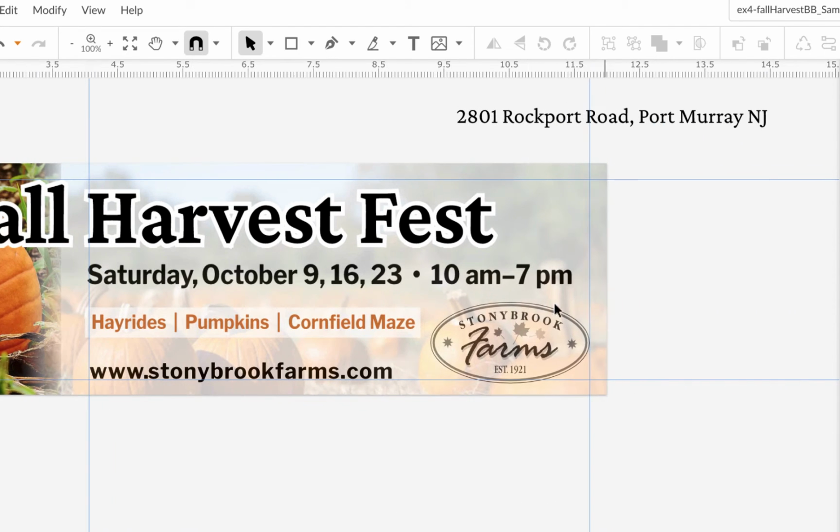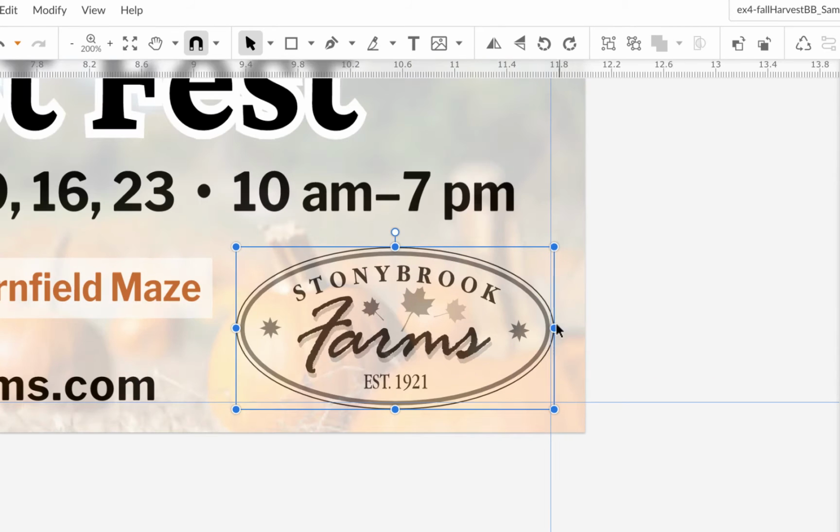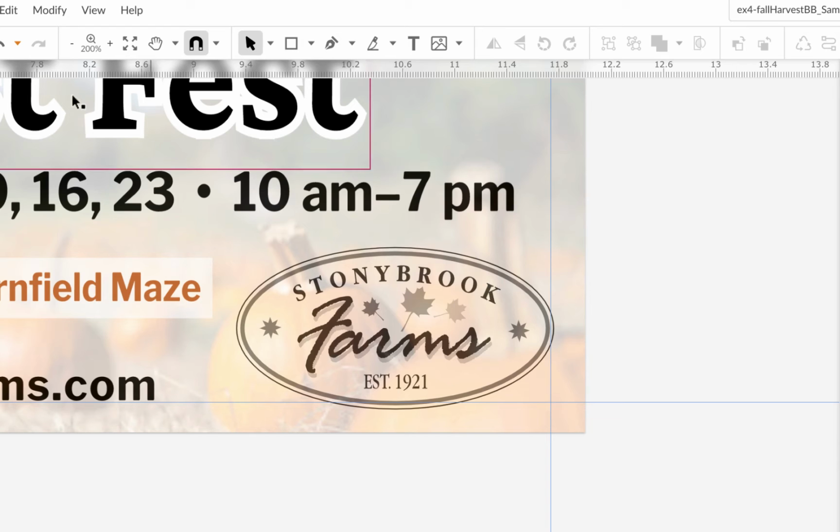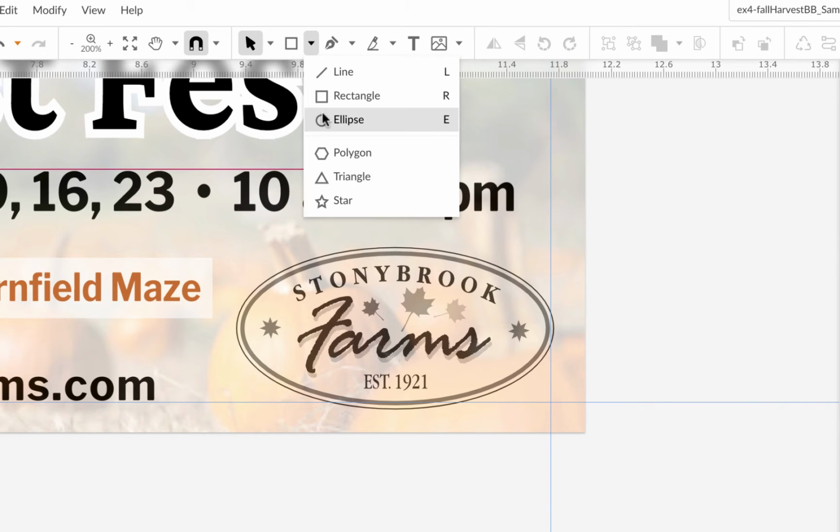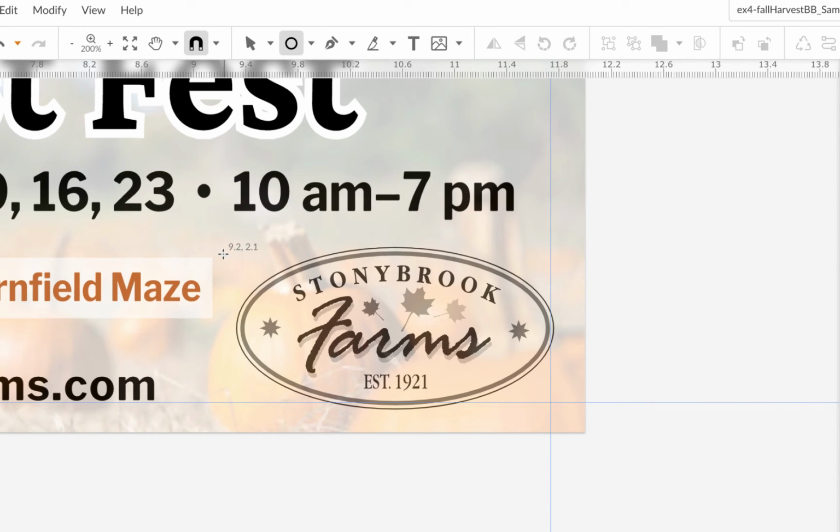Now we still need to make this thing pop. This is still a problem. Now I'm going to just nudge it over a little bit, and I'm going to zoom in and make sure it's in front of everything. Now there are grays here and stuff. Now be careful, it is an EPS graphic, meaning it's all vector art in here, but what I'm going to do is just make an ellipse, try to make it around the same size. I'll kind of go in the corner where it is and just kind of almost mimic the shape of it